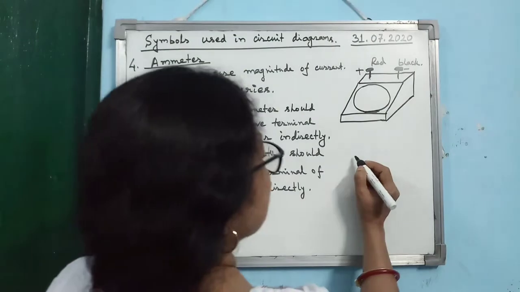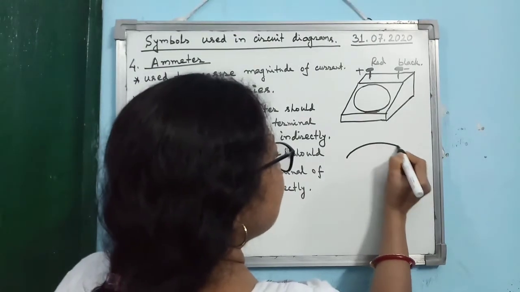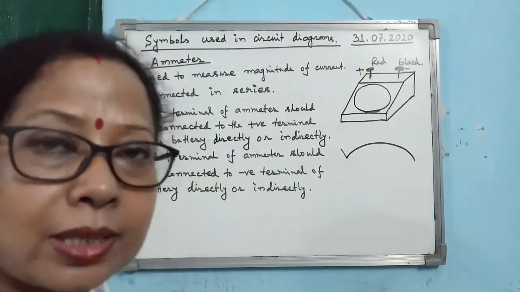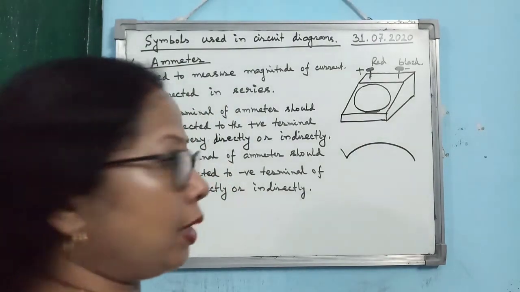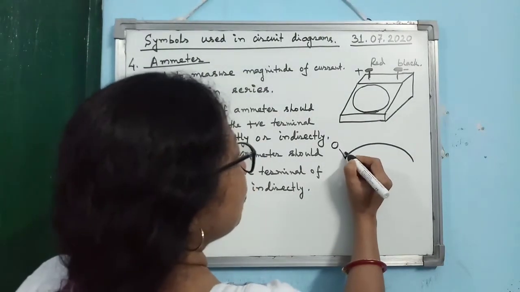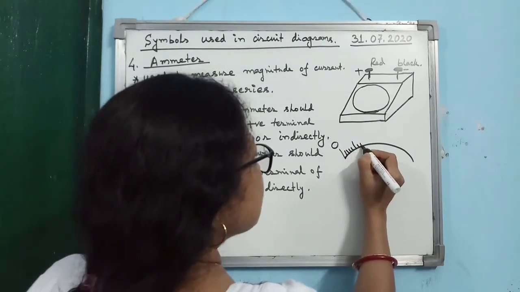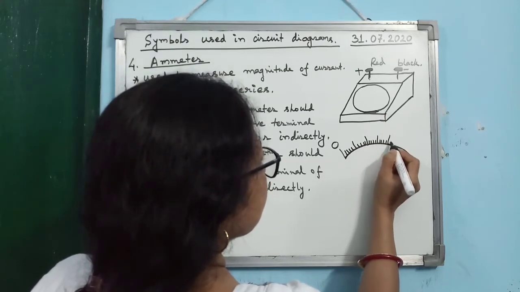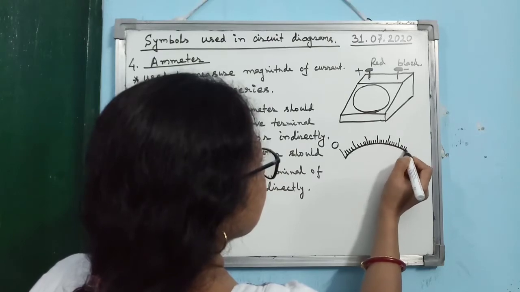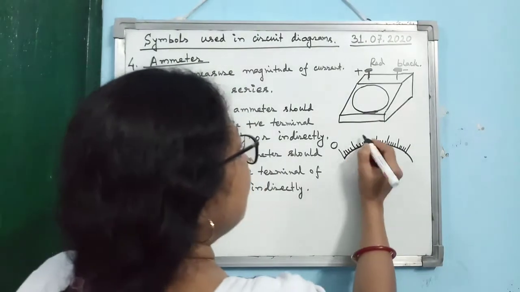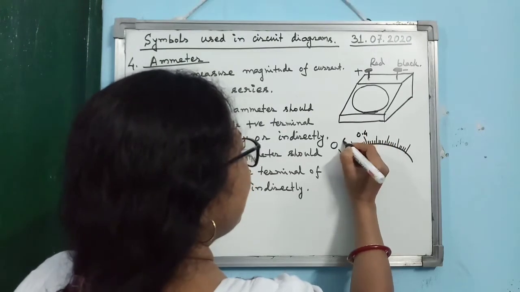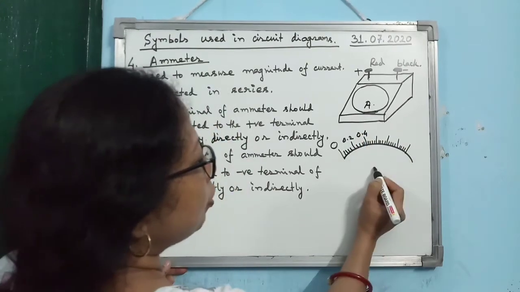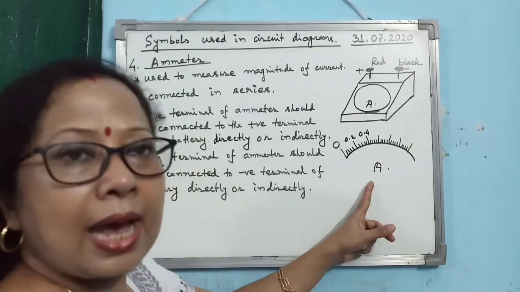Now what is the cause? If you consider an ammeter, within the ammeter there is a scale. This ammeter and the scale you don't have to draw, you understand it, because now I don't have the device with me. So on the ammeter you will see there will be a scale like this. Okay, now you will see that this is the way, and here A will be written. Below the scale A will be written, which means it is an ammeter.